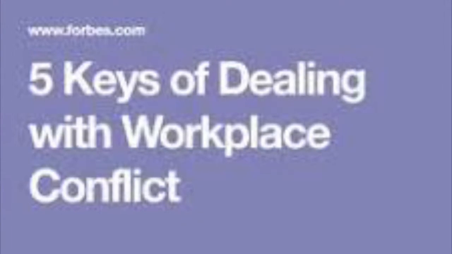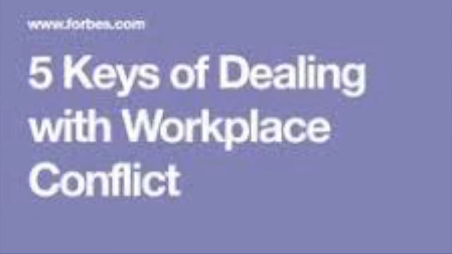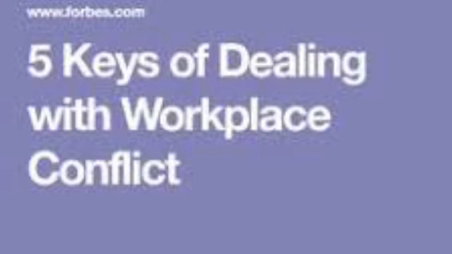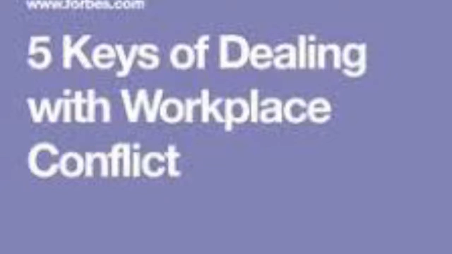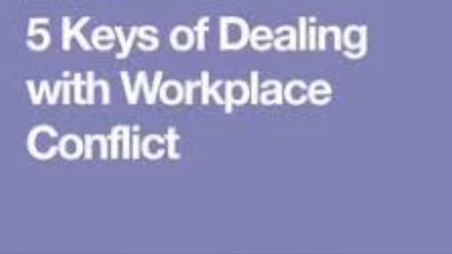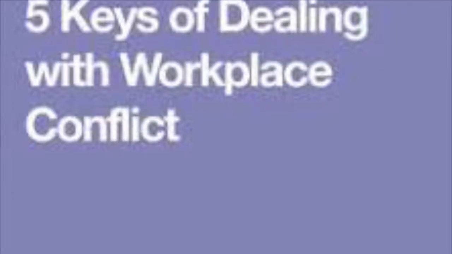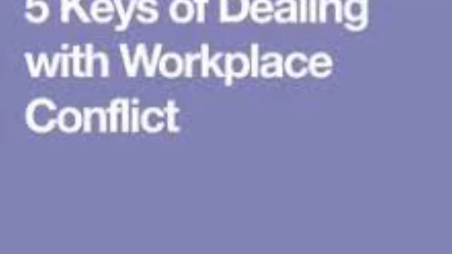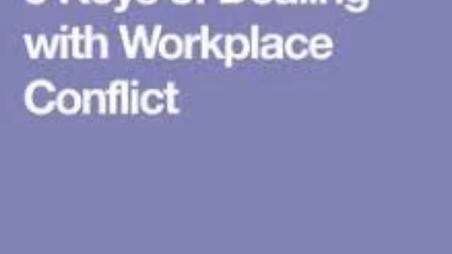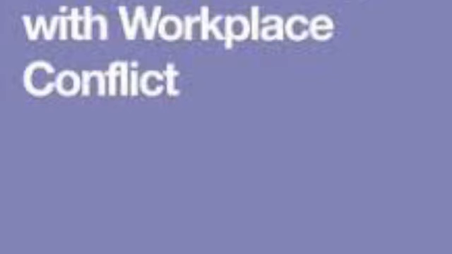In the article End to Growth, the author Mike Myatt gives us the 5 keys of dealing with workplace conflict. The first key to properly dealing with any form of conflict is recognizing the conflict at an early point and beginning to give a resolution. Second is to define acceptable behavior. Third is to hit conflict head on. Fourth is understanding the what's in it for me factor. The fifth and last key is to create an action plan and discuss the conflict and evaluate the situation